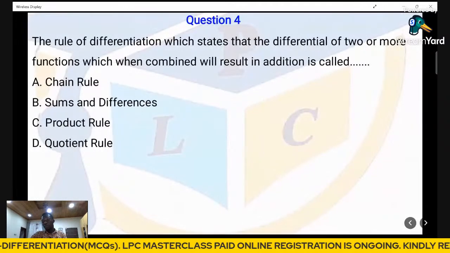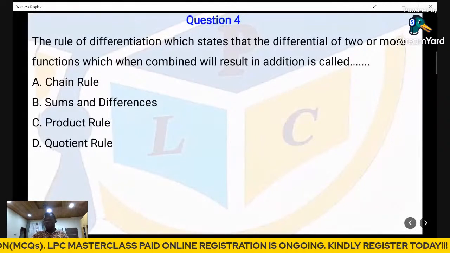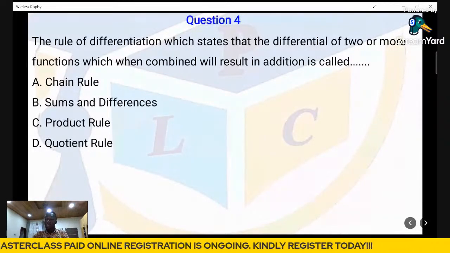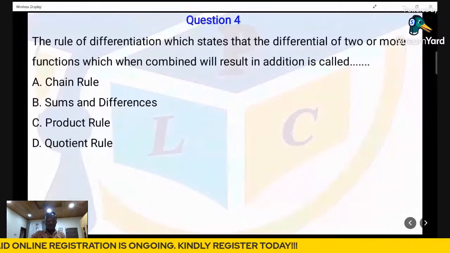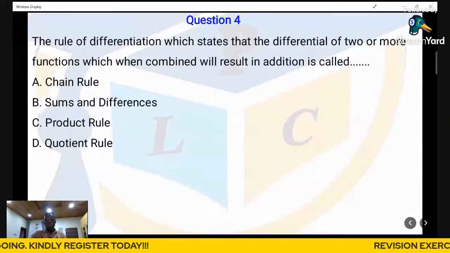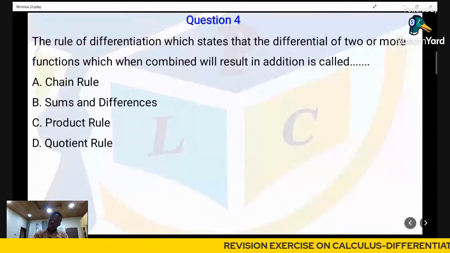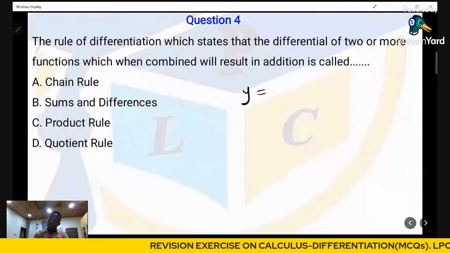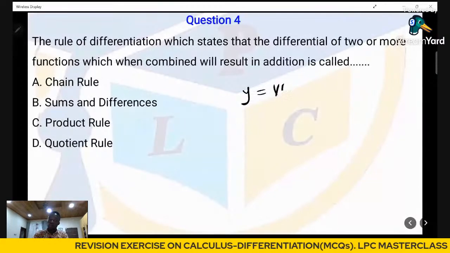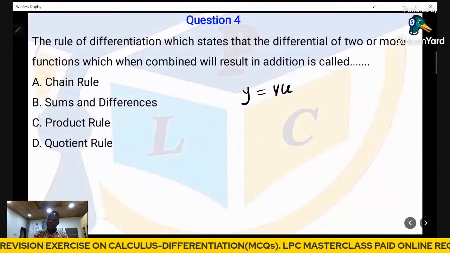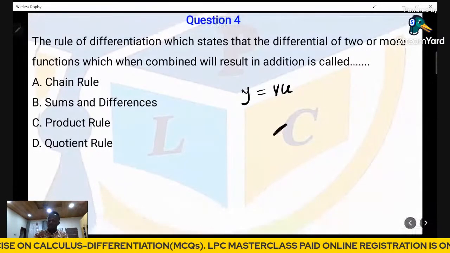So which rule actually talks about this? Not the chain rule; the chain rule doesn't result in addition. Sum and difference, you know. The quotient rule is also no. So it's actually the product rule that results in addition. For example, if I have y equal to v and u, at any time I differentiate,